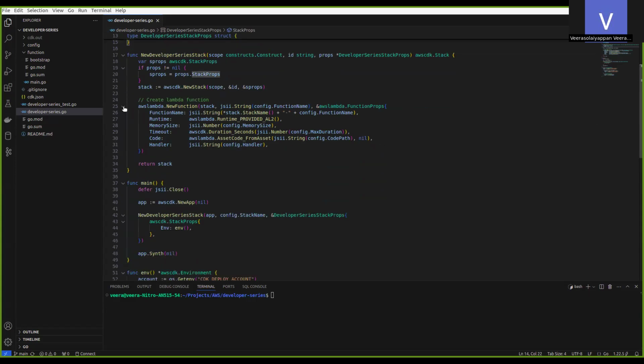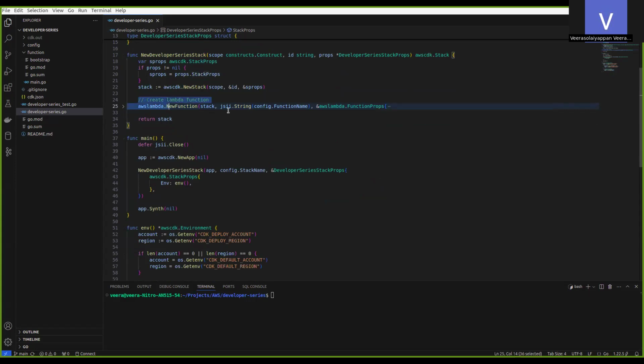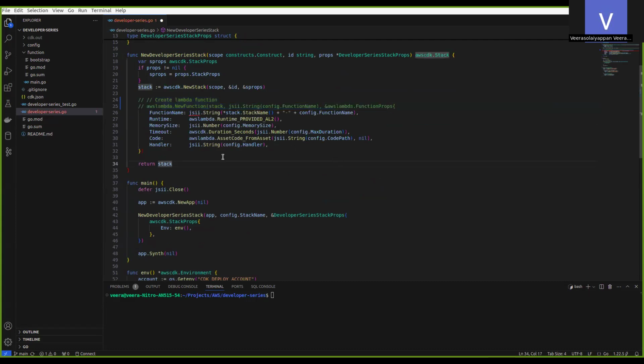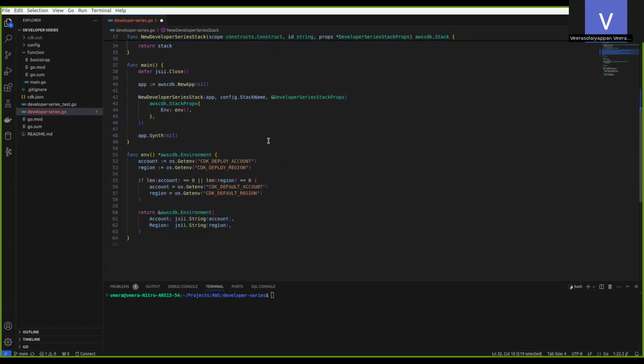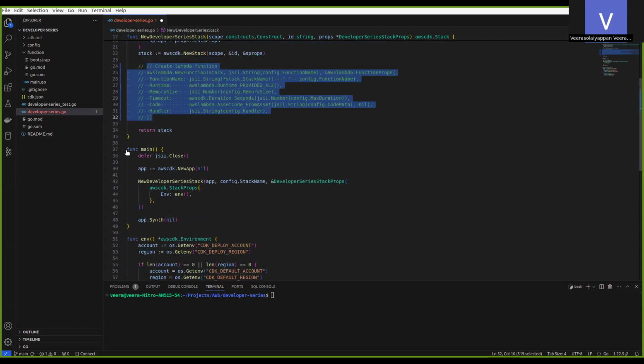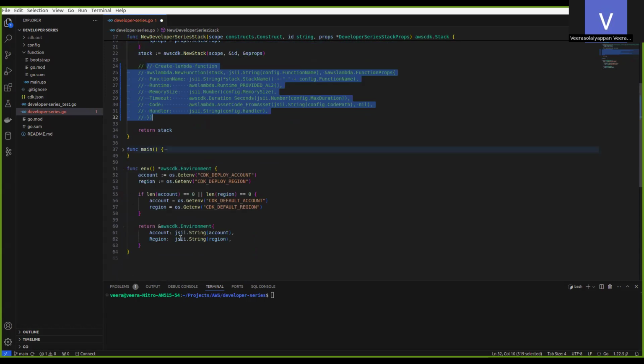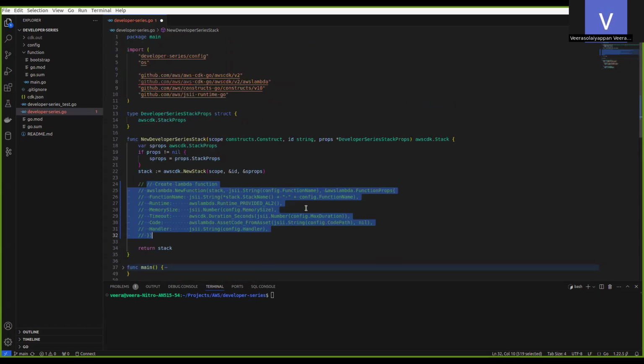Except for this part, the rest of the things are all boilerplate when you are creating the AWS CDK, except this main function, which we also added. Here we have to return the default account ID and default region ID. We get it from the AWS CLI, which we previously configured. The rest of the things are boilerplate.